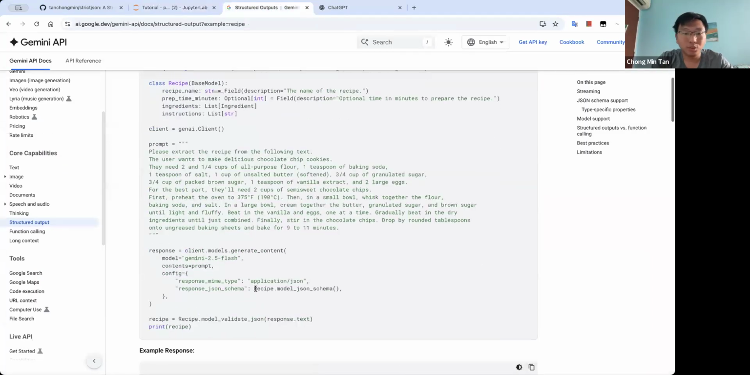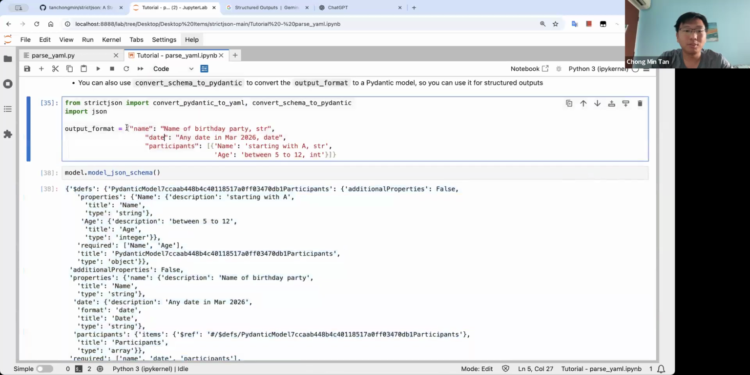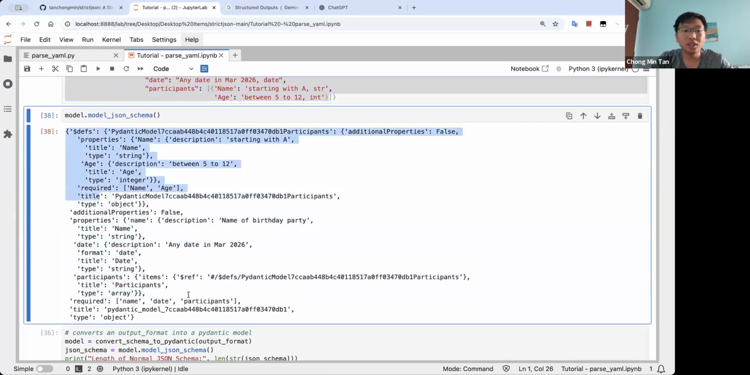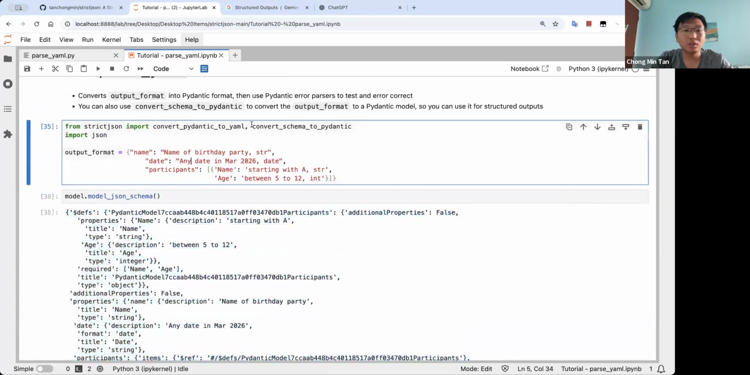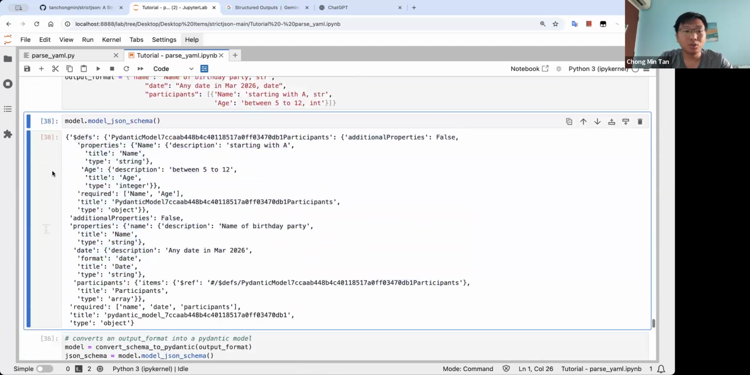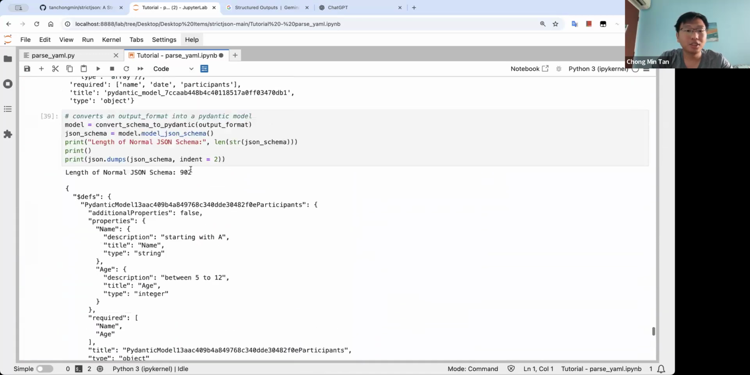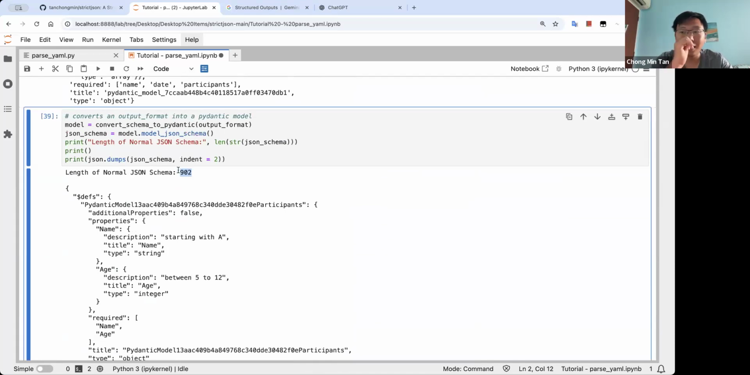You can put that into their JSON schema for structured outputs. So if you don't want to use ParsYAML, but you want to benefit from having a very concise output format converter into a JSON schema, you can just use this function, convert schema to Pydantic. Just to give you a clue as to how efficient this is, this JSON schema length is usually about 902